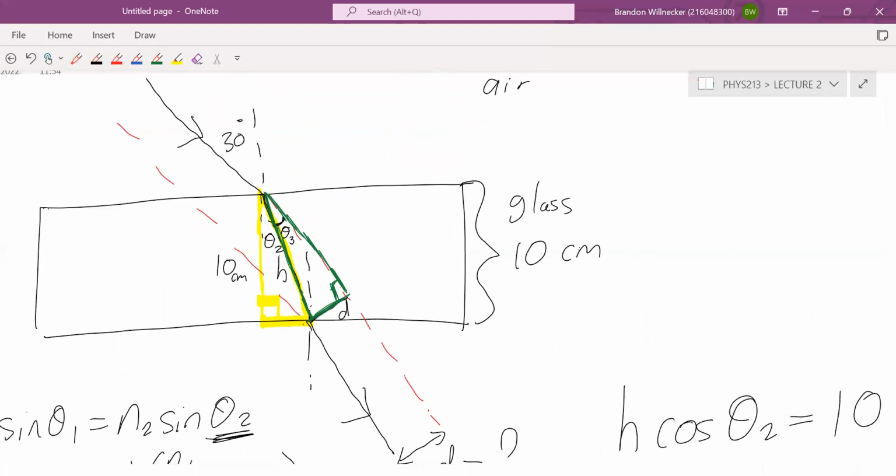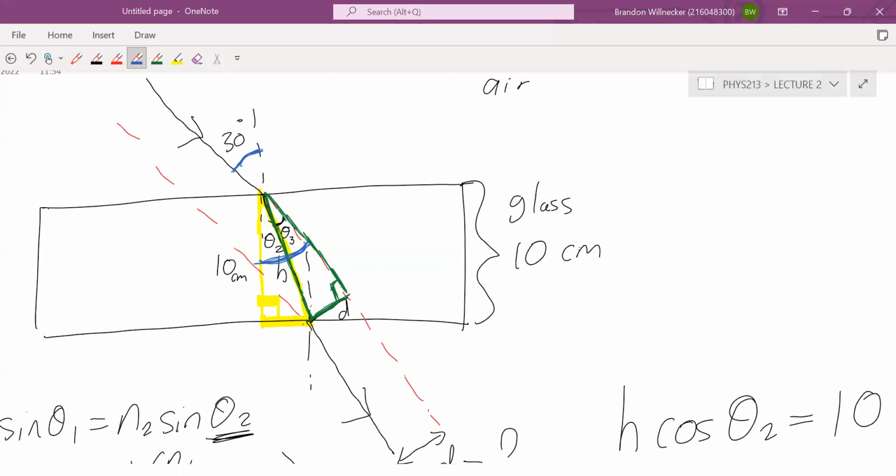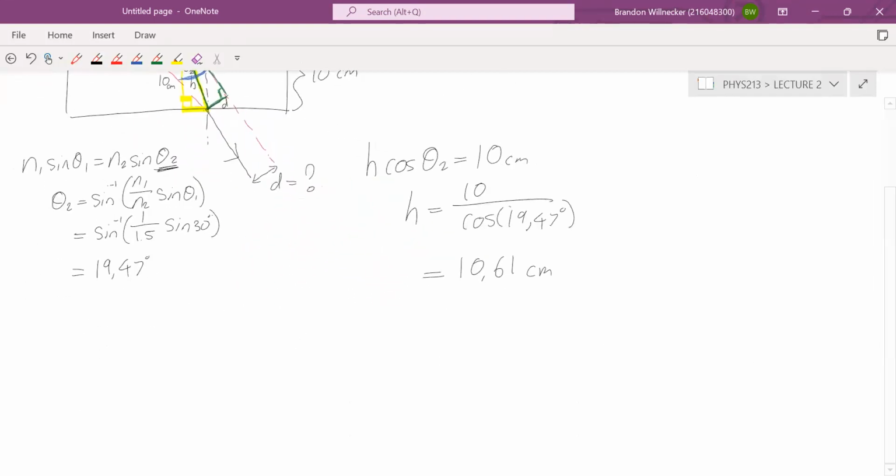Well, we know that θ2 plus θ3 must be 30 degrees. Because if this angle is 30, then this whole angle must also be 30, again because of those vertically opposite angles. Okay, so let's work that out. So finally,